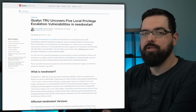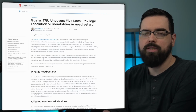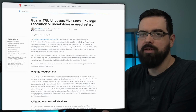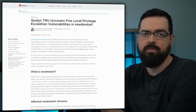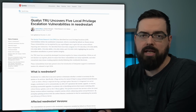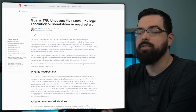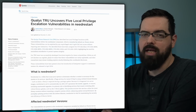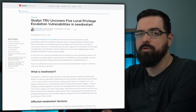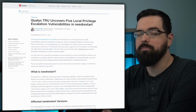The threat research unit at Qualys identified and reported some flaws recently with the Needrestart package. For those unfamiliar, Needrestart is a utility that scans the system to determine whether services need to be restarted after applying shared library updates, in a manner that avoids a complete system reboot. This package is used in many distros, but this is not a platform-wide issue as many distros do not use it as well. Ubuntu started using this package in 21.04, so if you're using Ubuntu or something based on Ubuntu,